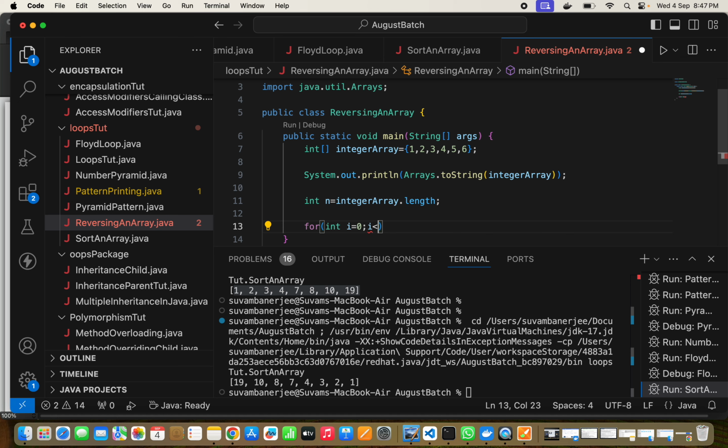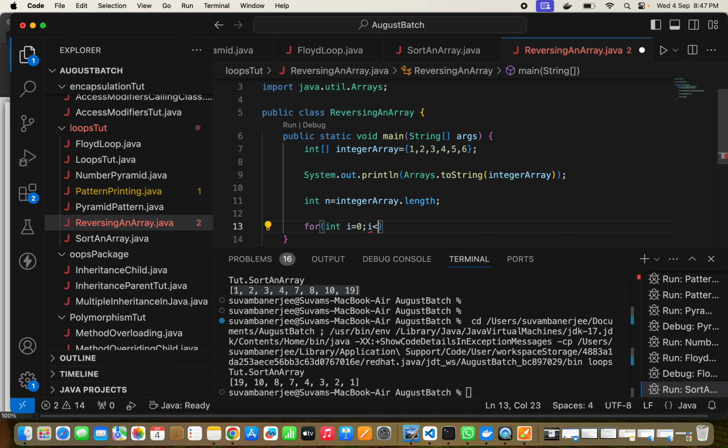Instead, what if we are finding the half element? Means we are finding the length divided by 2 element. Using that point, if we reverse it, then also the whole array will be reversed,